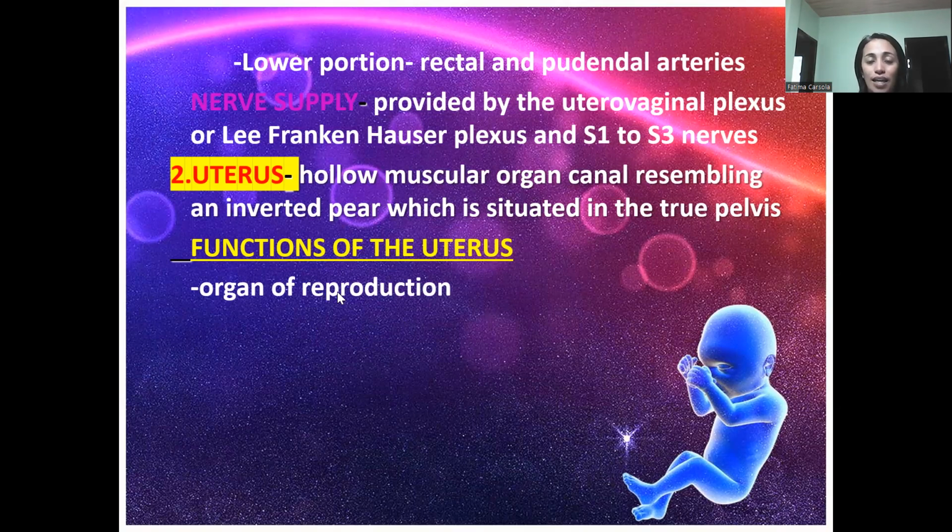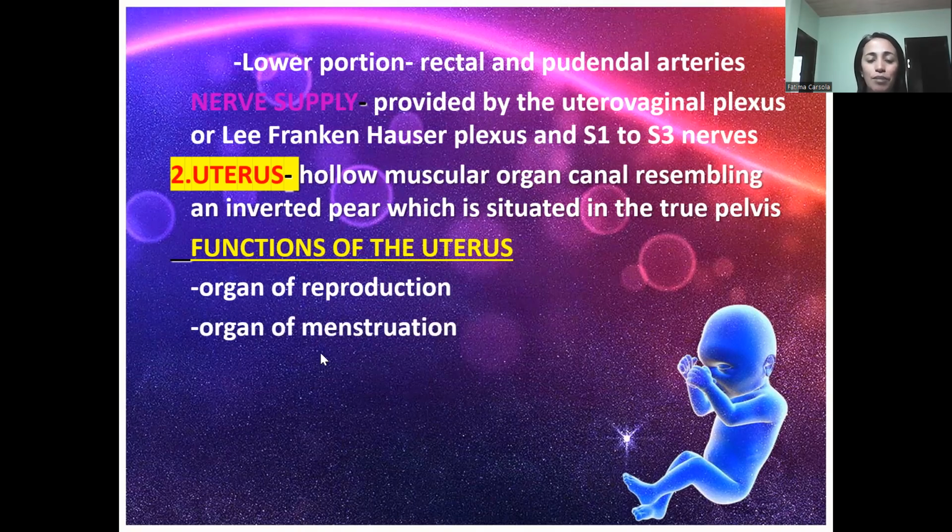It is the only site for implantation. There is no other part of the body where you could implant the baby because the baby will not grow. Okay? If there is an ectopic pregnancy, or a pregnancy outside the uterus, it will just be until 3 months and it will rupture. If that's the fallopian tube, it will rupture. Or you will lose the baby.